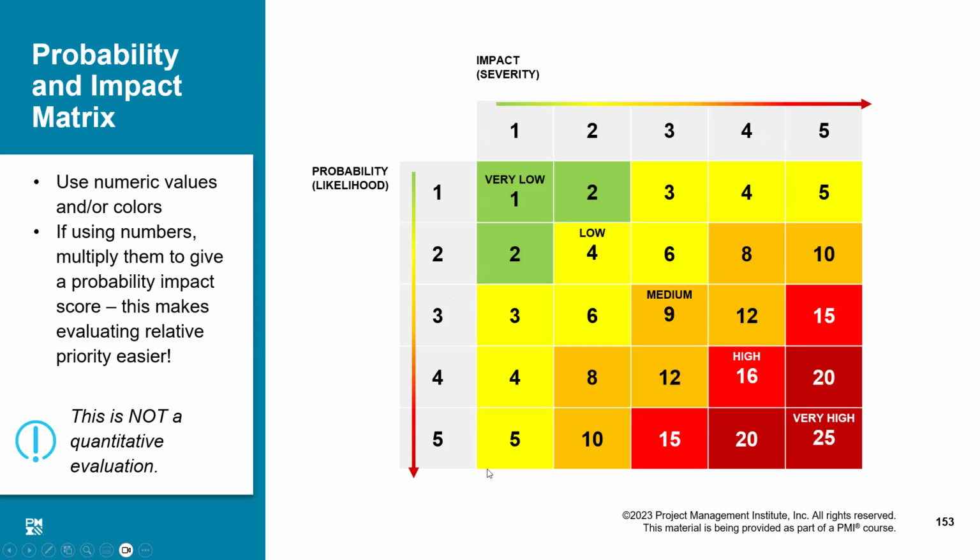So basically, we allocate these boxes and then we color code them. We say anything 15 or more would be considered a risk. All others should be treated as small risk and they should not be entertained at all. I don't mean to say that we don't recognize them, but if they occur, they will cause damage at a very low scale. But the risks which are more important, which are in the red or the purple zone, they are considered to be my risk. All others are just put aside.